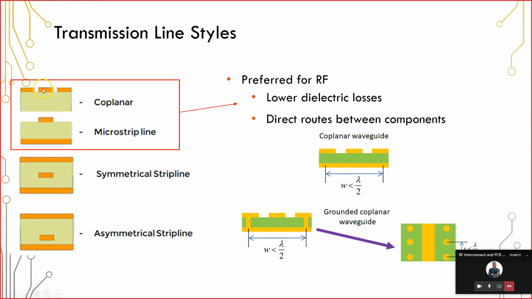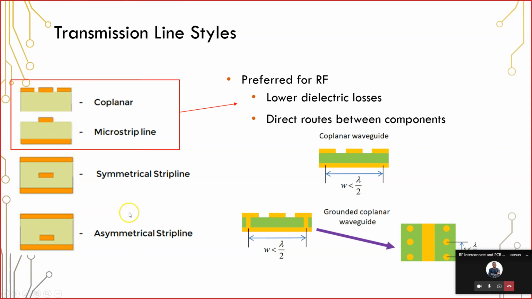So let's just say, you see here where my mouse is, if I have current that exists on the top surface of this coplanar microstrip, there will be electric field lines that pass through air and then terminate at the nearby ground. There are also field lines that pass through the substrate material and terminate at the nearby ground. But because some of those field lines pass through air, those field lines experience lower losses. So less of the signal is lost as it travels on a microstrip line or a coplanar line compared to